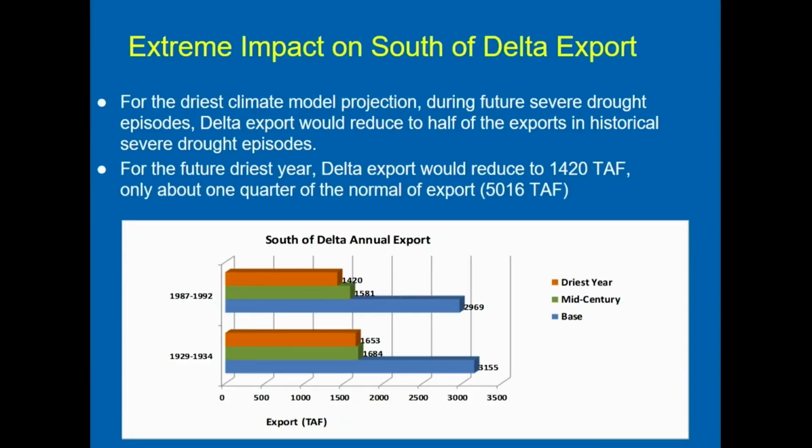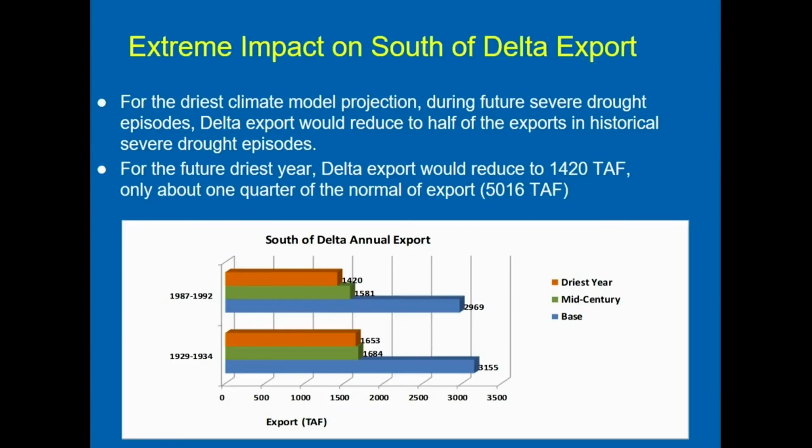I selected the two driest periods in the historical record. The yellow bar is the driest 5 or 6 year period, the green bar is the middle of century for the whole 5-year period average, and the blue bar is not the base, the base is not the right word. It's the overall average for that climate model projection impact.